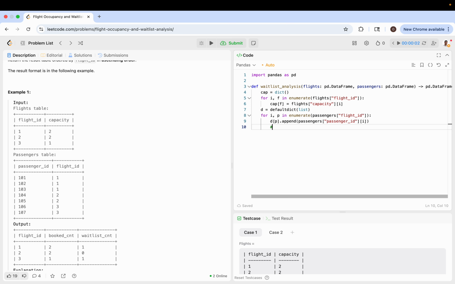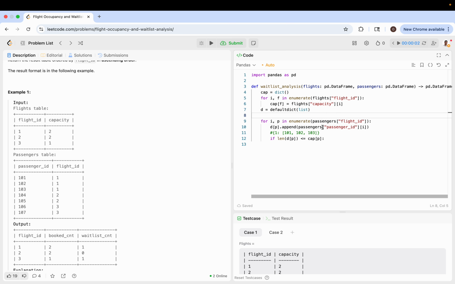Basically, we have a dictionary, like let's say flight ID 1, and then we have 101, and then 102, and then 103 gradually. So we're just going to say if length of d of p is less than or equal to capacity of p, because we're still using the same flight ID as the key,